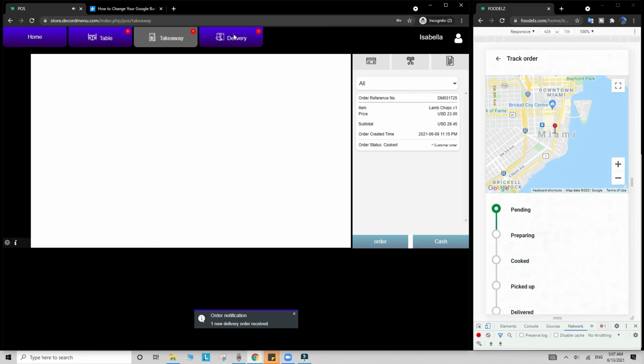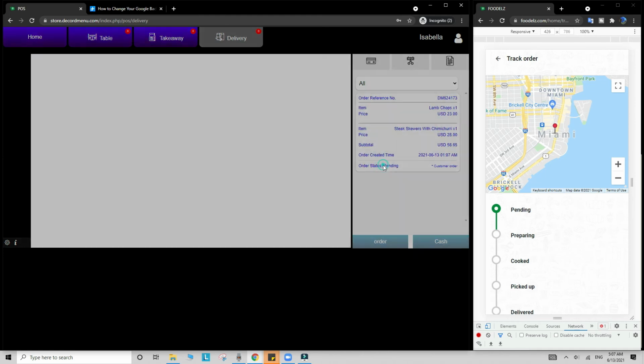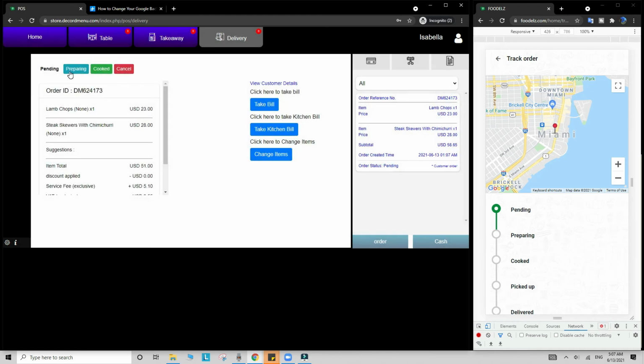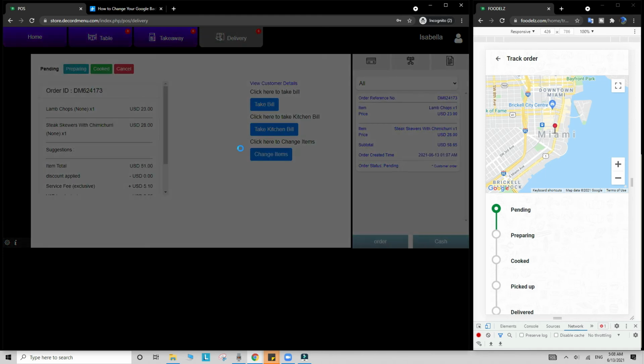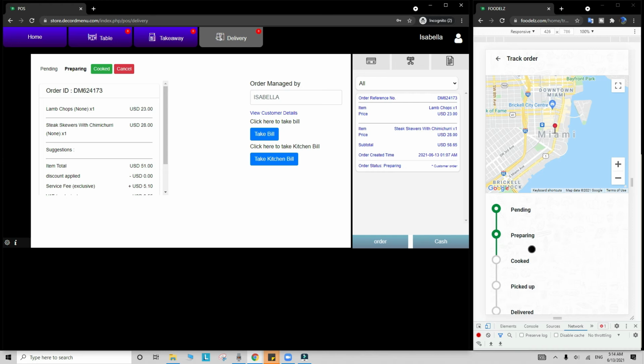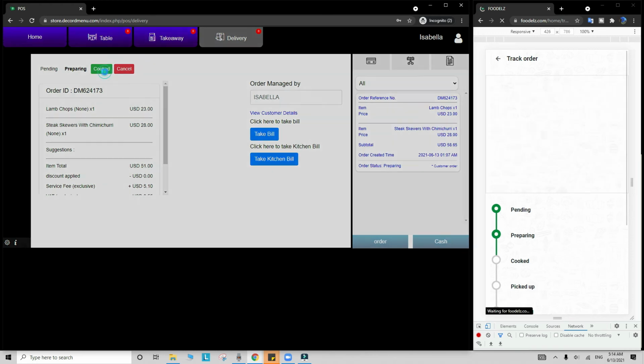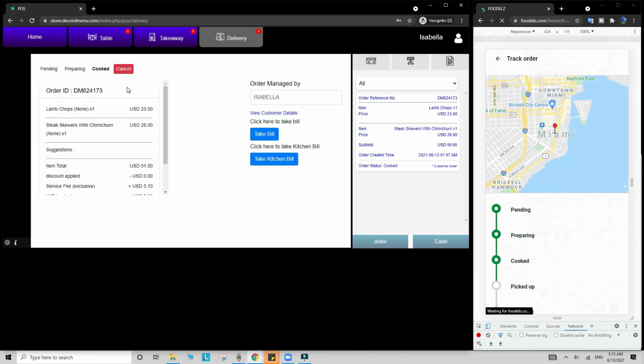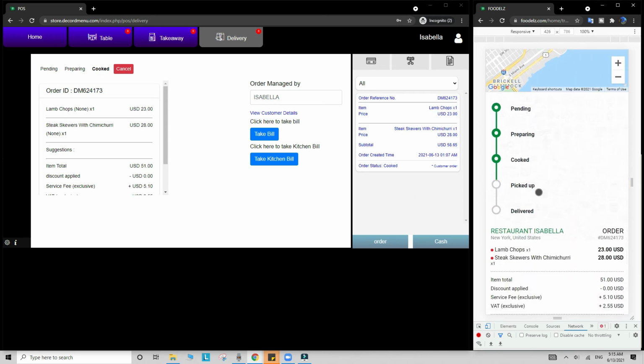As you can see, a new delivery order has been received. Same process will be repeated. Restaurant will mark it as preparing. Customer is well notified their order is being prepared. Your restaurant will also have a driver application to locate the customer location and deliver the order. Once the order is cooked, restaurant will mark its status as cooked. And customer is also notified. Your drivers will pick up the order and status will be changed into picked up, and upon delivery they will